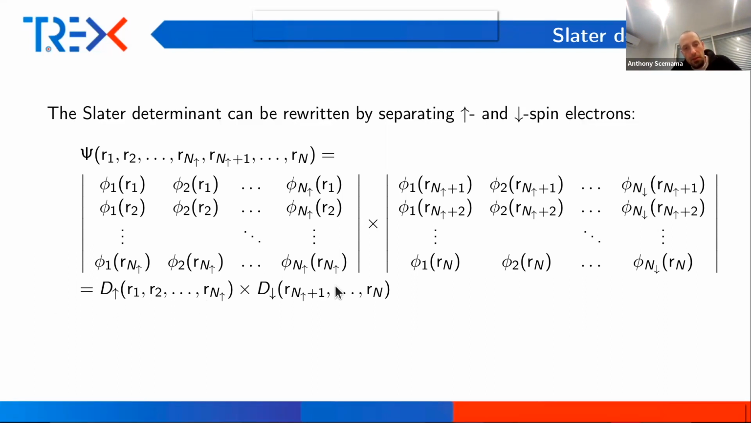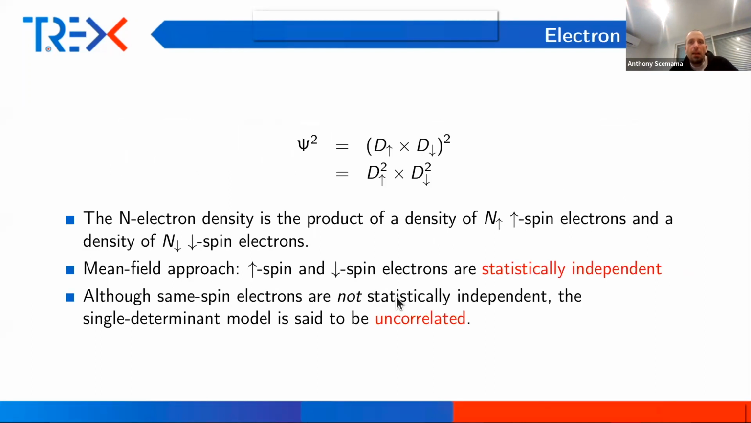The D up and D down, and now if you square your wave function, you should have the probability density in the 3N dimensional space. So if you square the wave function, then you square the product of up and down spin determinants, and so this is really D up squared multiplied by D down squared. And this is really the product of an upspin density by a downspin density. So when you look at this wave function,